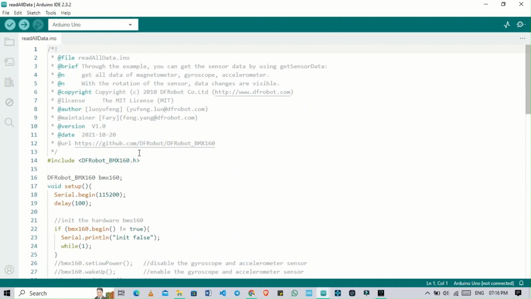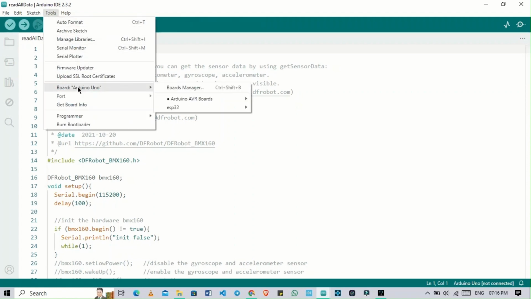Library adding we already covered. Then one more thing is there, the board manager. We are using two boards here, like Arduino and ESP32.